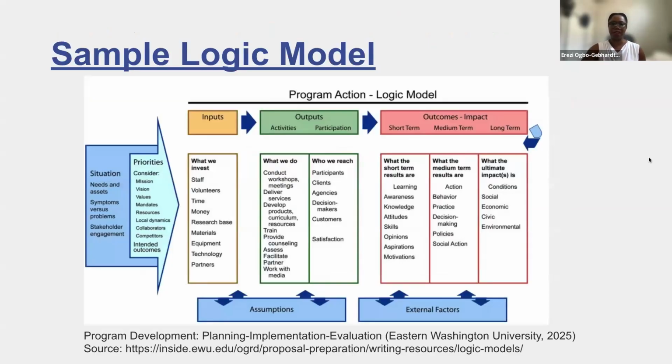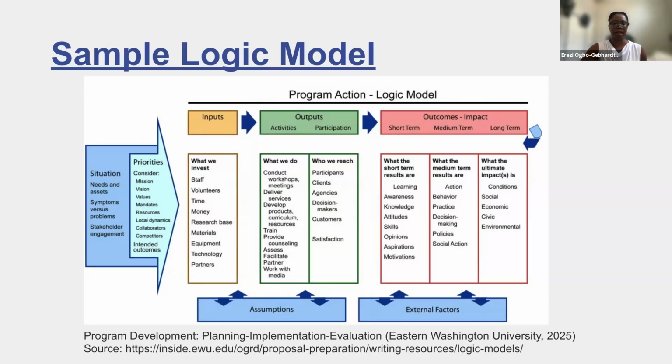So again, just a quick refresher. We talked about the sample logic model, and here on the slide, we can see the sample logic model that shows what kind of data you can track for the different components. Inputs help you track the resources that you invested, such as staff, funding, materials. And then you have activities, which tracks what you did with the resources, like hosting workshops or providing services. Participation or outputs tracks tangible results, like the number of participants reached, how many laptops were